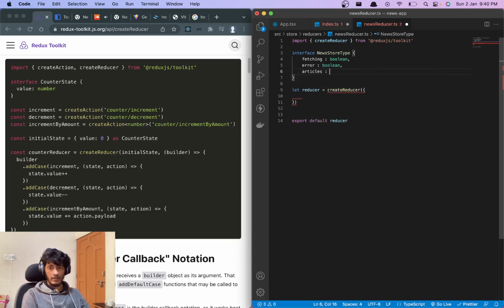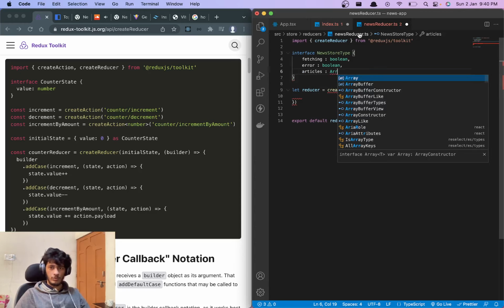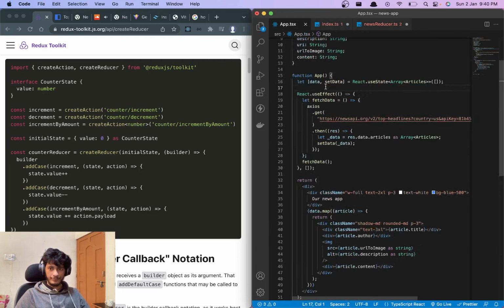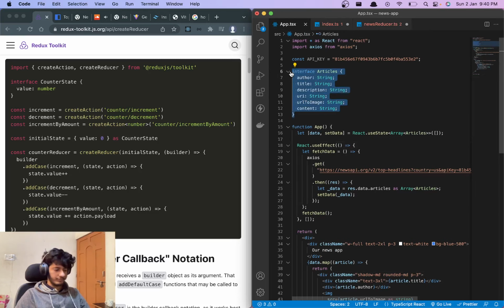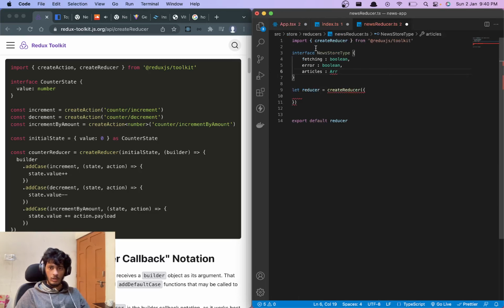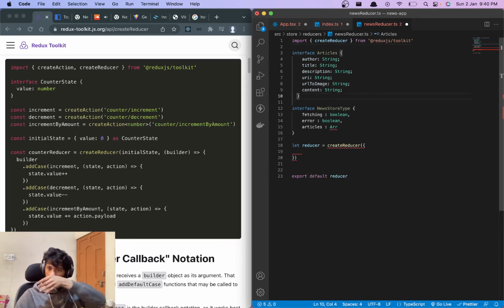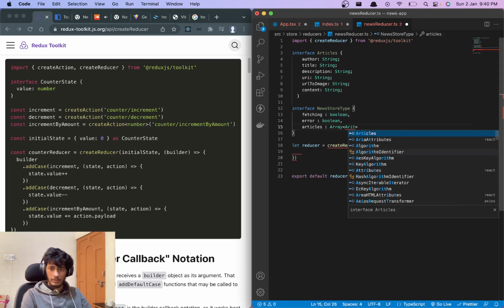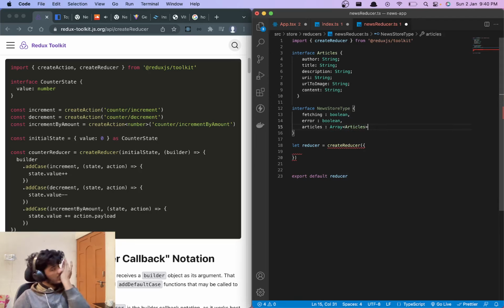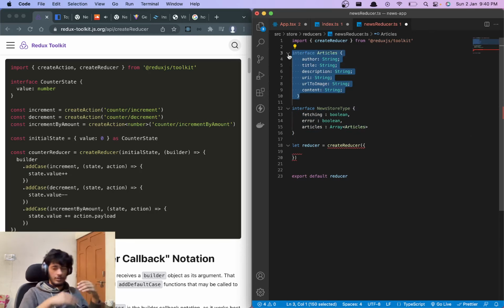It will be an array of articles which we'll be taking from here. Okay, and we might paste it over here, right? Then we can say that this is an array of articles. So now this means that this is the type of our store, and this is the type of articles. I mean, every article which you're reading.